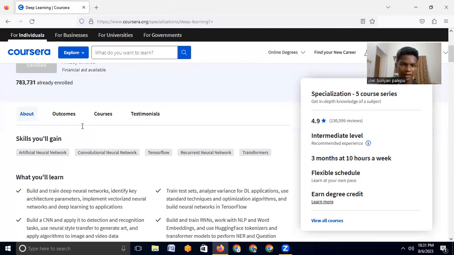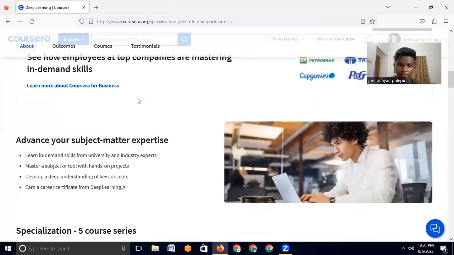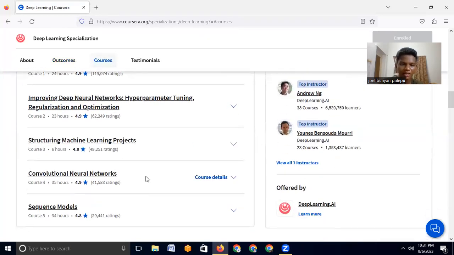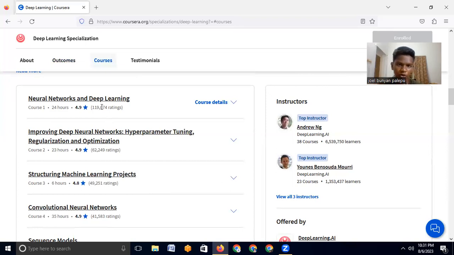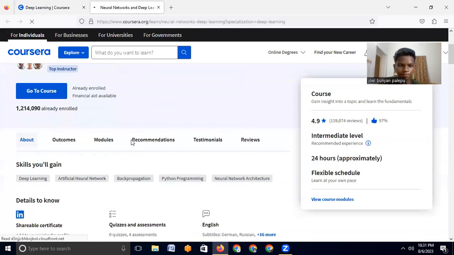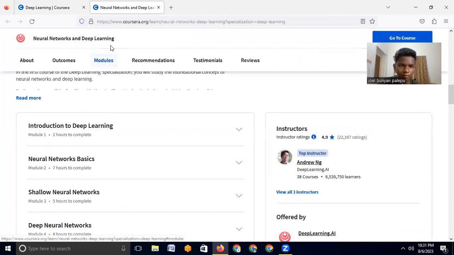So this is one of the best courses that I would definitely recommend you to take, which is also completely free. There are 5 courses. In the first course, you learn about neural networks and deep learning. I'll just go through that. This is the first course. If you just go through the modules, what they are,